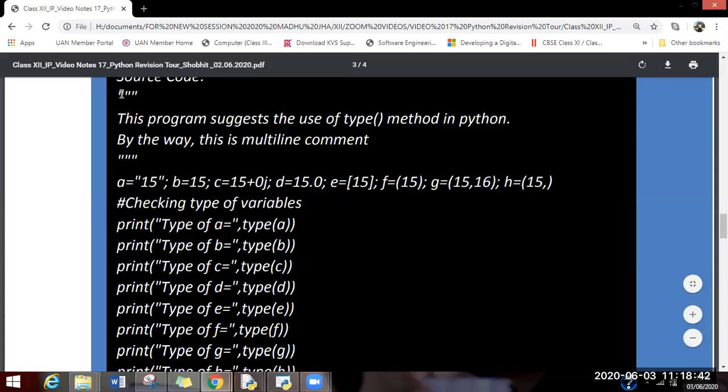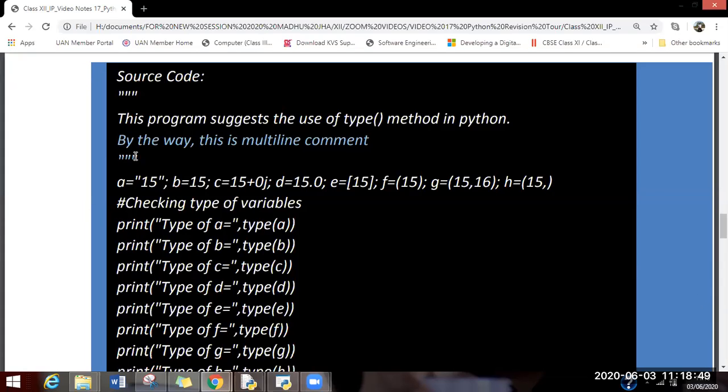So over here, when we are putting in these three double quotes, a triple quote is present. The triple quotes are used for putting in multiple line comments. So you can write multiple sentences between triple quotes and you can be assured that they will not be evaluated and will not be interpreted during the program execution.